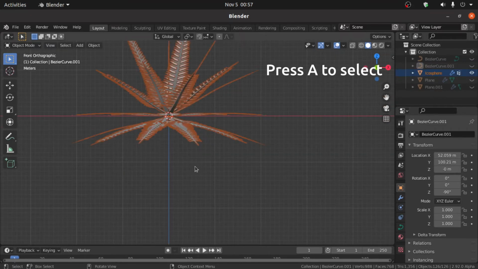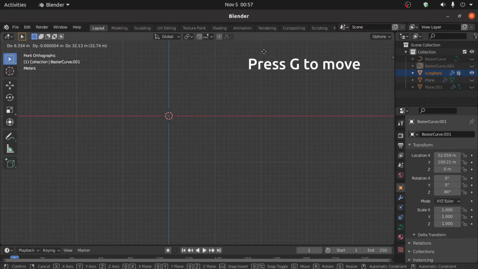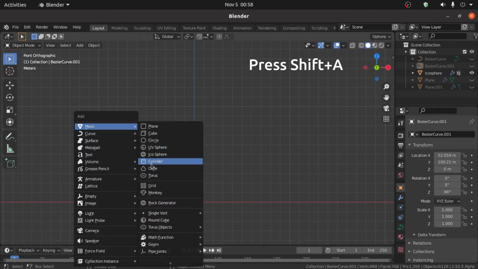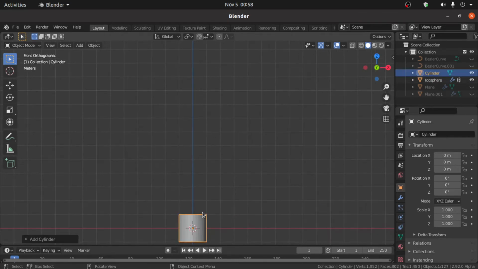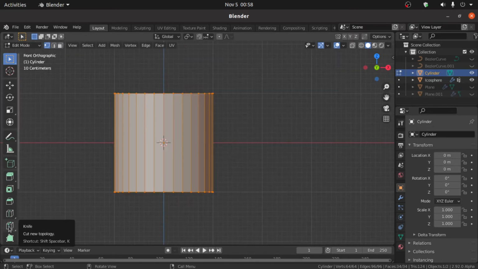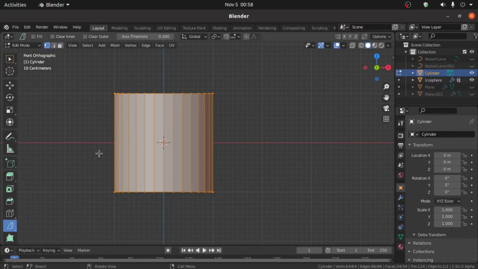Now press A to select everything, then press G and move a little bit like this. Now press shift A, under this mesh select cylinder. Now press tab for edit mode, then under this snap tools we have to select here bisect, then we have to bisect like this.